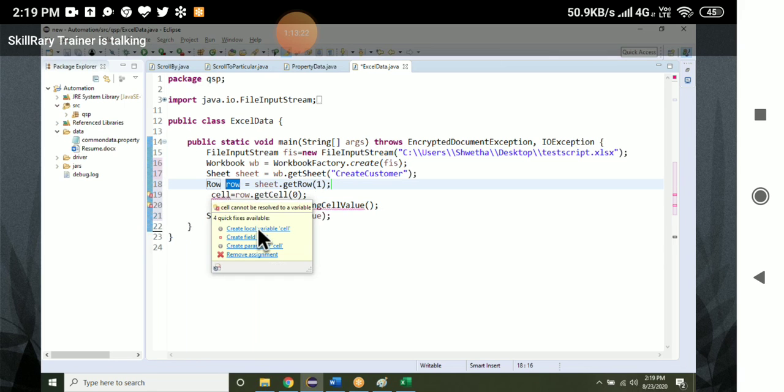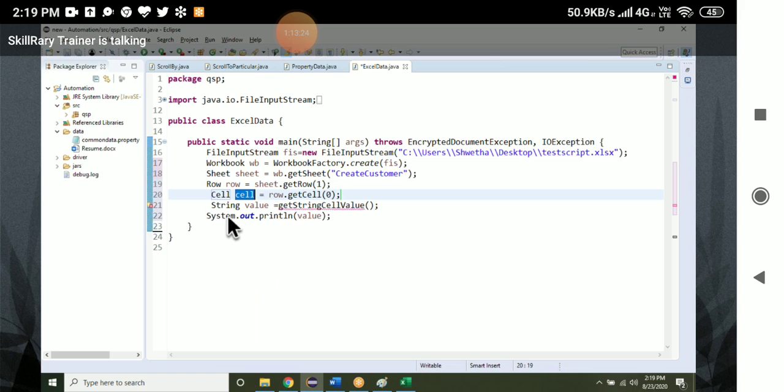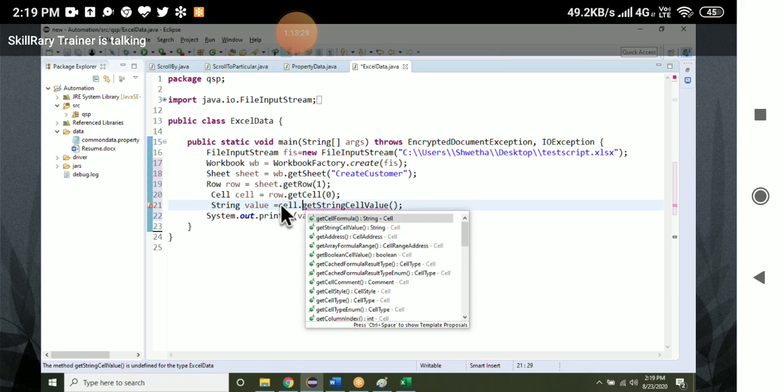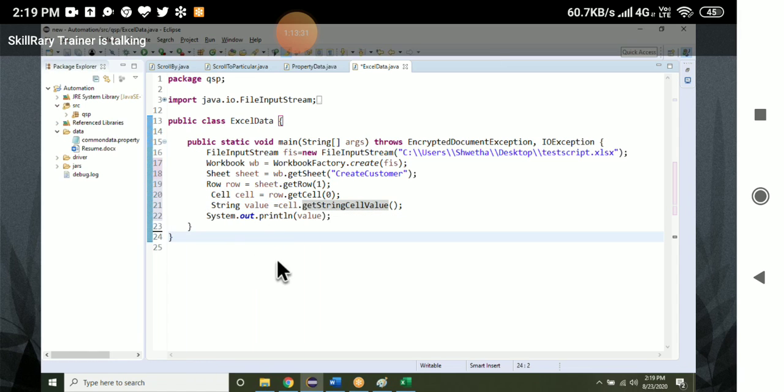There is a class called Sheet, there is a class called Row, and there is a class called Cell also. This is how they read the data from the Excel.